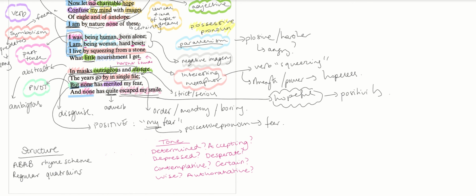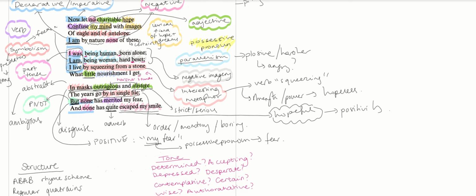You don't want to be talking about structure by itself. You want to integrate it into an important point of analysis. So clearly the structure is very regular. We have an A-B-A-B rhyme scheme. We have our regular 4-line stanzas. And so perhaps the best thing that matches, because it's very ordered, is the quotation here, "in single file." So in your essays, when you get to this quotation about her years going by in single file, you then want to include some structural analysis, that perhaps her life has been very